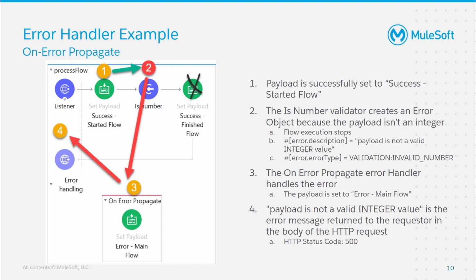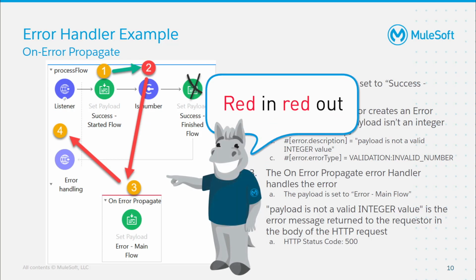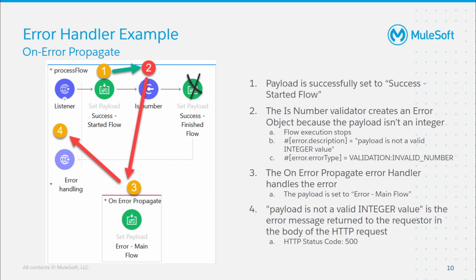Now that the error object has been created, the onErrorPropagate scope takes over and the setPayload processor is executed, and the payload is then set to error main flow. Here's where things may get a little tricky. Because the onErrorPropagate returns an error, remember, read in, read out, the original error object description is then returned to the requester, in this case the HTTP listener, and therefore the final body of the response is